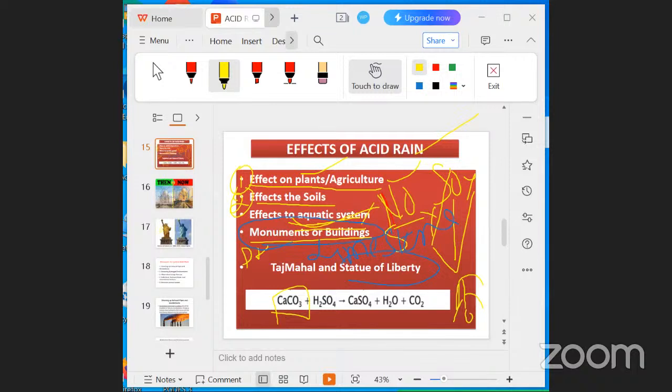So the acid rain follows this reaction with the marble. Marble means calcium carbonate, right? Calcium carbonate. So the formation of calcium sulfate results in the corrosion of these beautiful